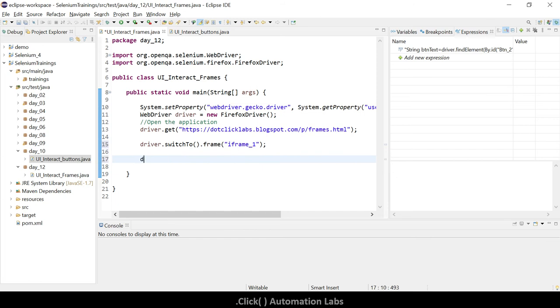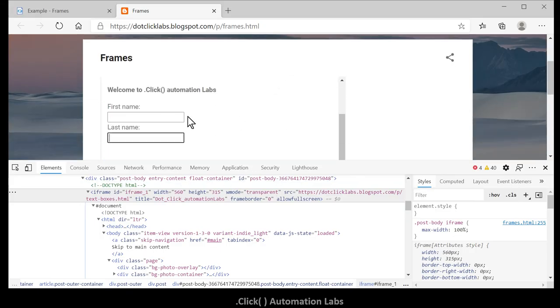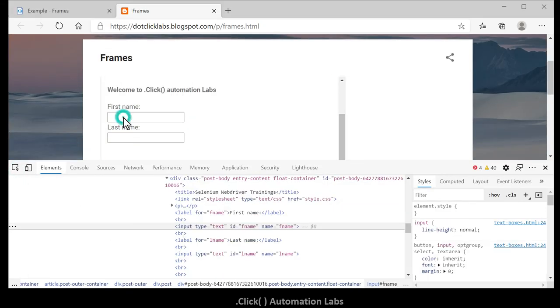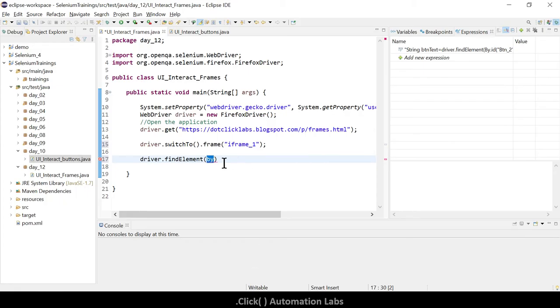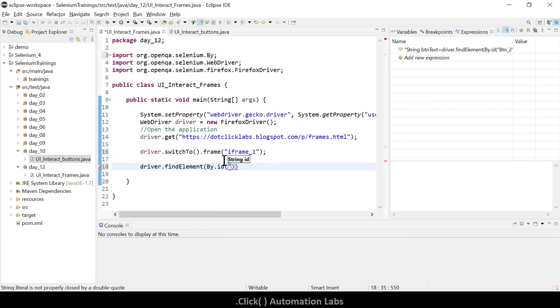Okay, so now, yes, this is the one, right? Switched. Now driver dot findElement, we need to enter a value, right? That is the assignment. Enter a value in the first name. So to enter a value in first name, you need to know the property of this particular text box. You can use ID or name, so you can use any. I'm using ID. Okay. So I copied the ID. I need to use only the ID method over here. fname dot sendKeys. Okay. Test automation.